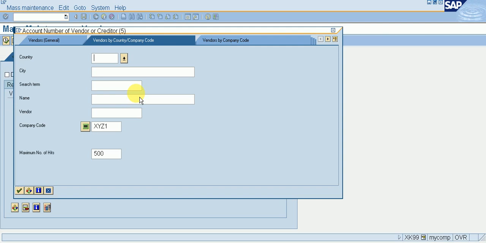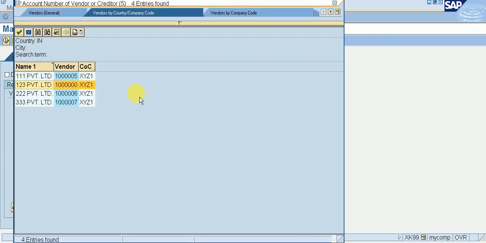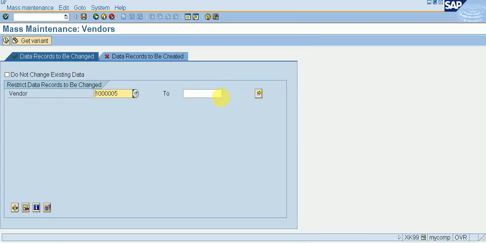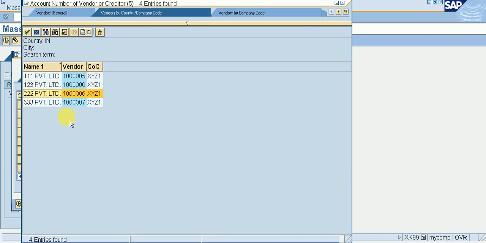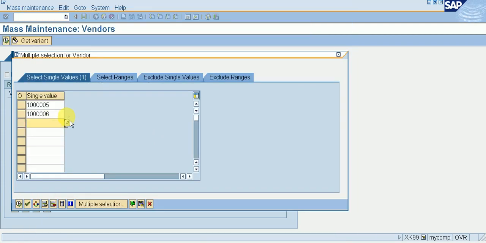Go to F4, enter, select this, then select here, enter 222 and 333, enter, execute it.